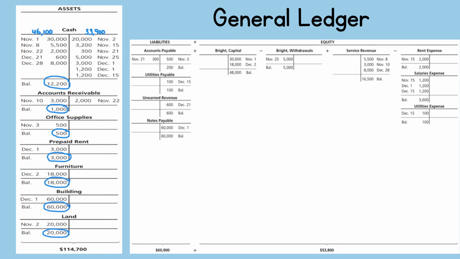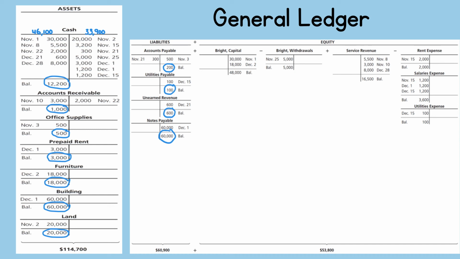Okay, now let's go to the liabilities. The first account is accounts payable, 500 less 300, so it's gonna be 200 credit. Utilities payable, you have only 100 credit. Unearned revenue, you have only 600 credit. Notes payable, it's only 60,000 credit. Okay, so as you can see, the normal balance for liabilities is credit, so you should have your balance